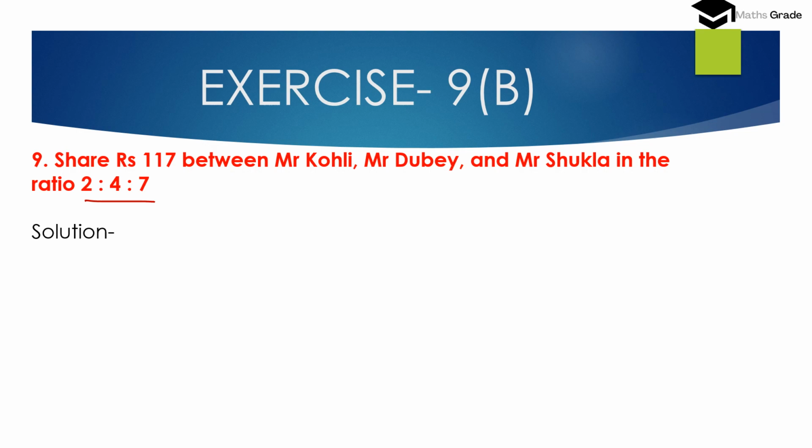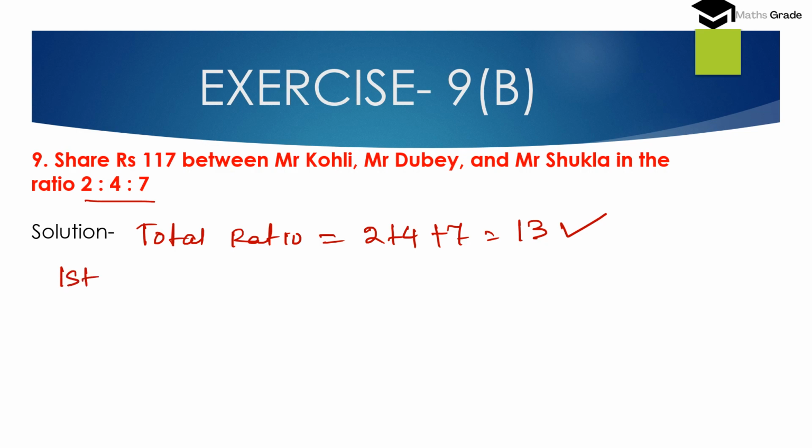So first find out the total ratios. Total ratio is 2 plus 4 plus 7. That is, 2 plus 4 is 6, 6 plus 7 is 13. Now sharing 117 rupees between Mr. Kohli, Mr. Dubey and Mr. Shukla. So first, Mr. Kohli's share will be